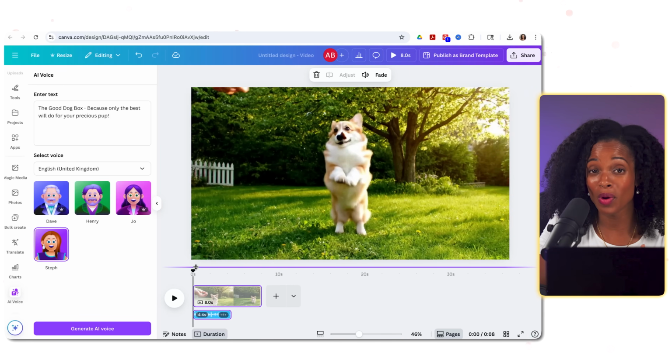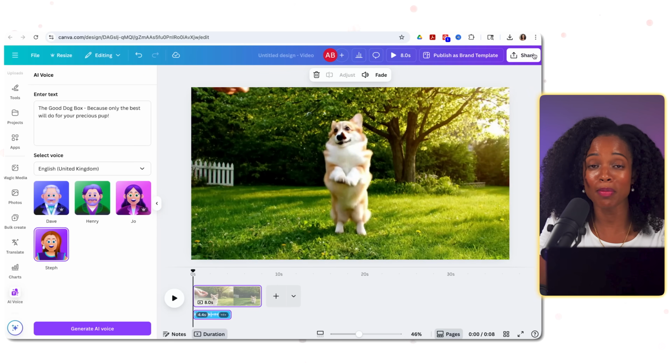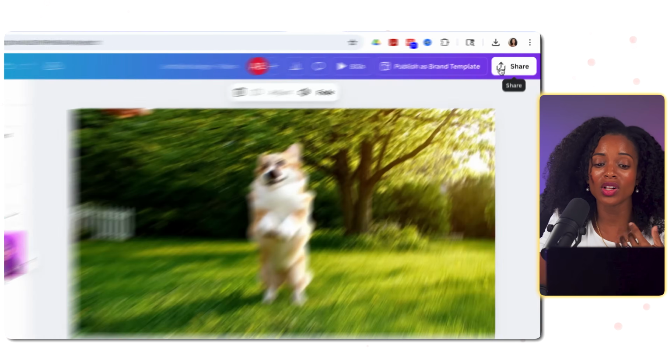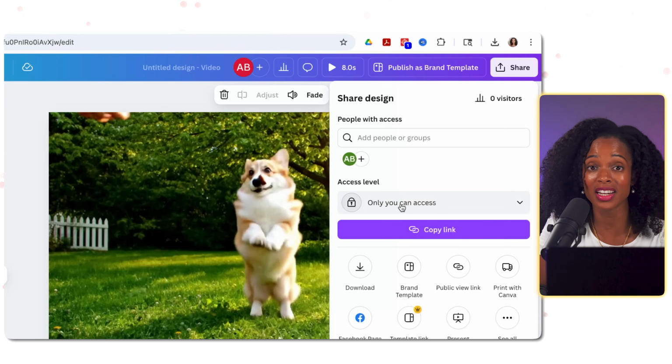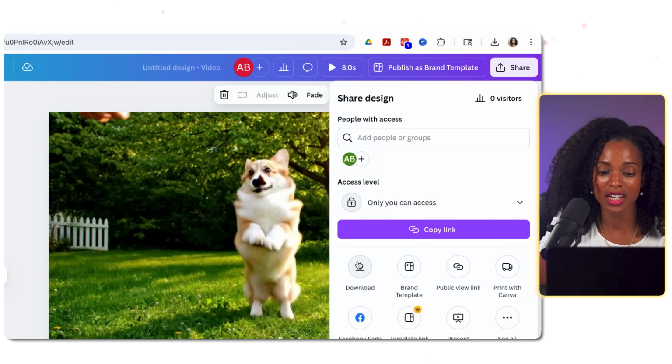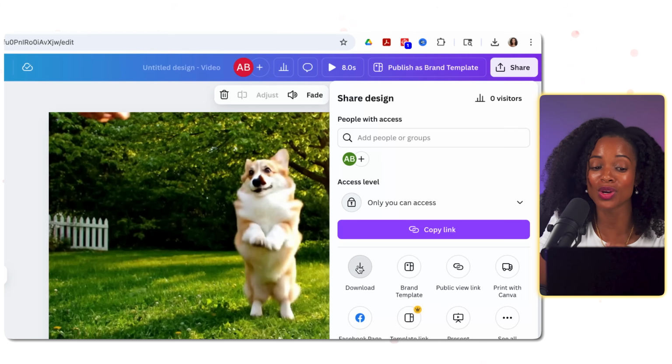Now the voice sounds okay, a bit AI-like if I'm being honest, but I'm sure these will get better and better over time. Now once you're happy with your video and voiceover, then you can click the share button on the right-hand side, and then click download, and I'll play the finished results so that you can hear and see